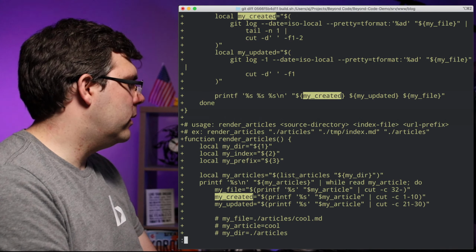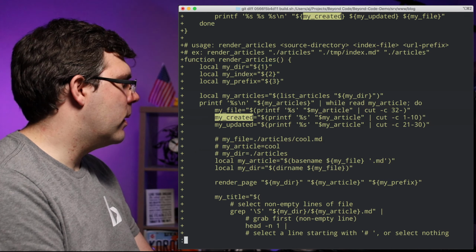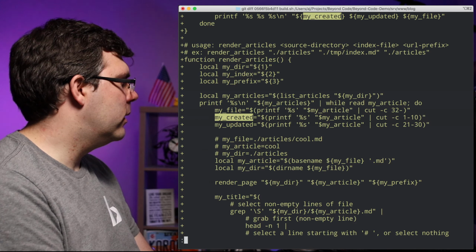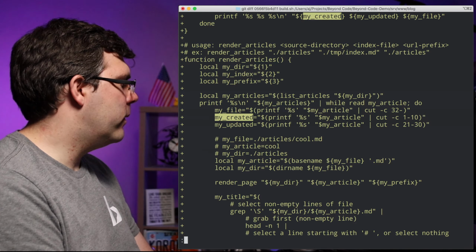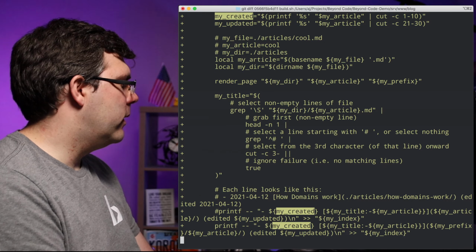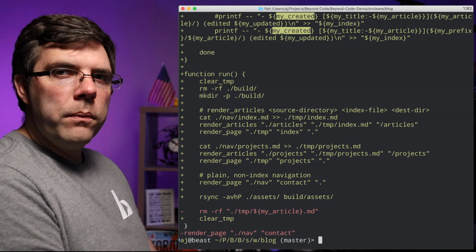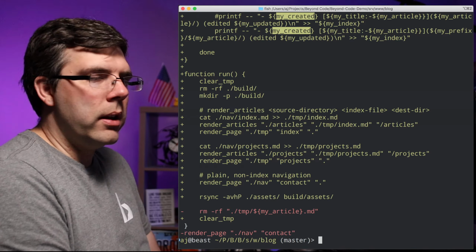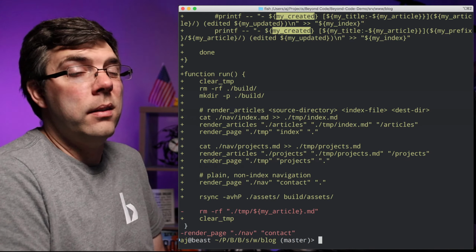List articles is going to be where it's important to have it. Render articles. My created. Render page. Okay. So I found the line that I wanted. Unfortunately, because of the white space differences, this doesn't actually serve as a great example of what I was going